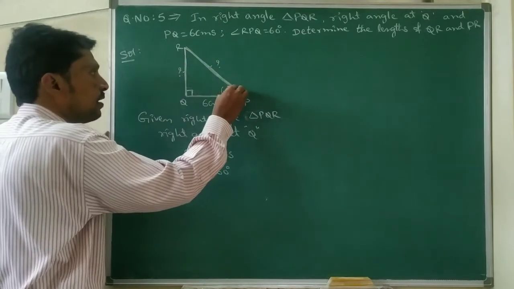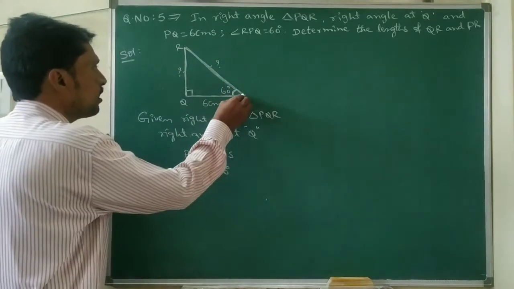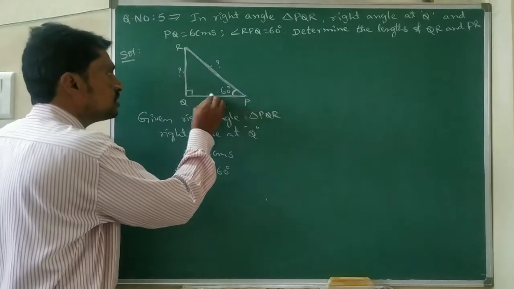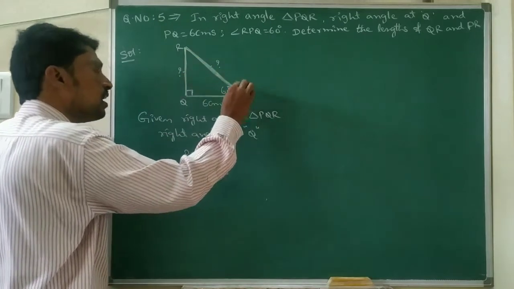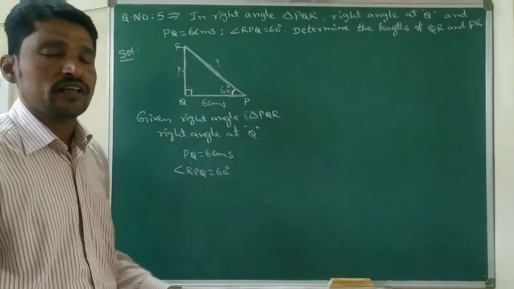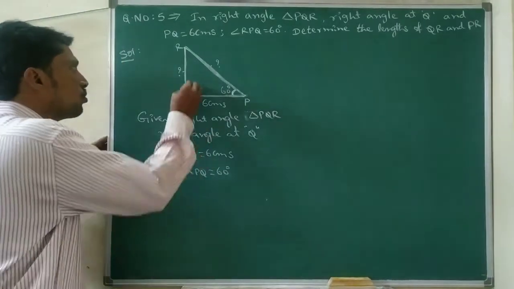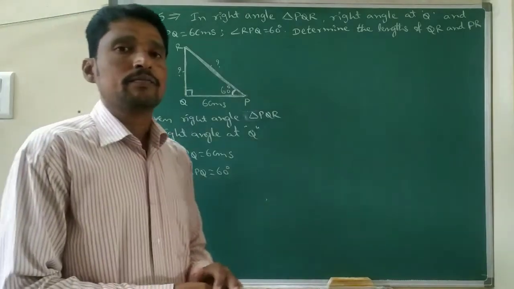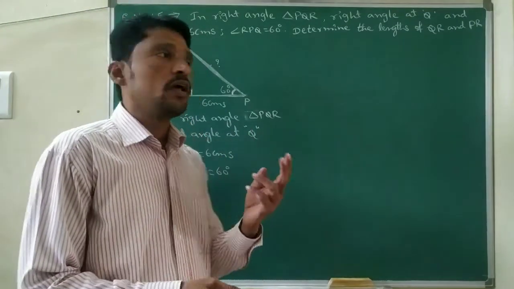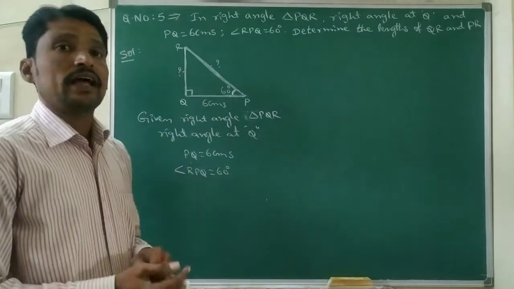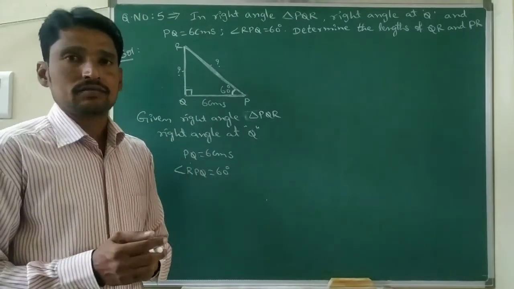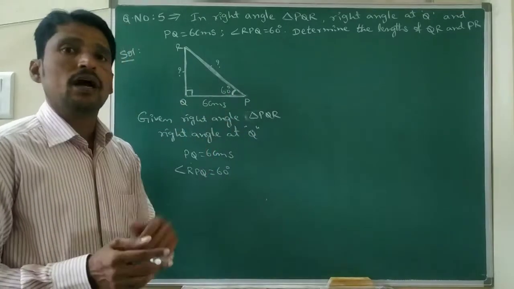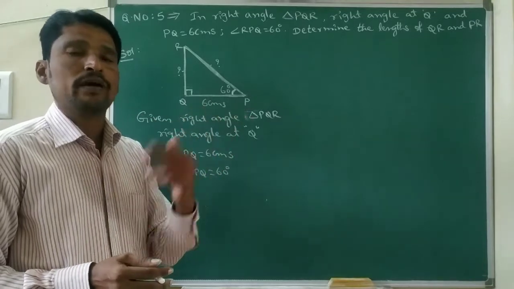So this is the angle it is making. So with respect to this angle, this is the opposite side. This is the adjacent side. This is the longest side, which you already know, that is, yes, hypotenuse. So now, opposite and adjacent. So what trigonometric ratios are there? The two trigonometric ratios of opposite and adjacent are cot and tan. Cot theta equals adjacent side to angle theta by opposite side. Tan means opposite by adjacent.